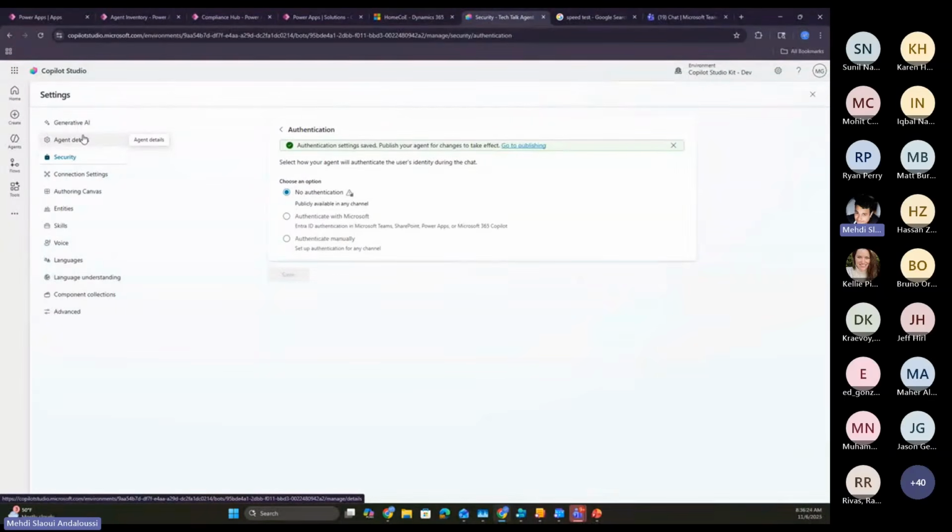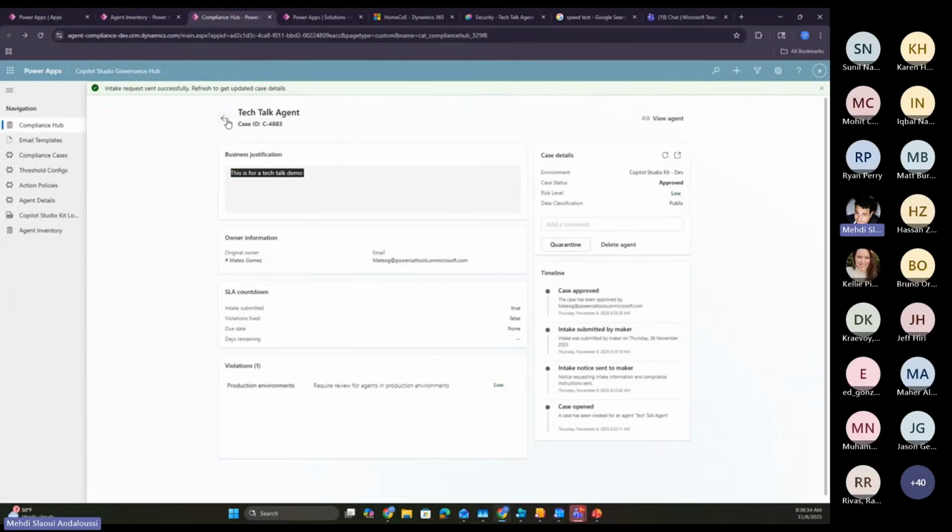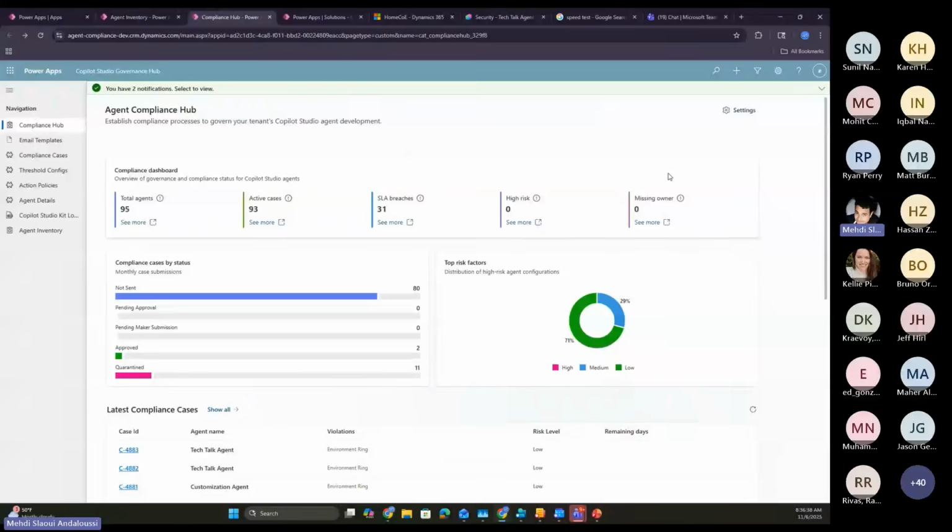And again, this would have happened over days, right? I'm a maker, I continue working on it. I might violate something down the line. So the automation happens every day. You could set the frequency, obviously. Now, when compliance runs, it will look at this particular case,